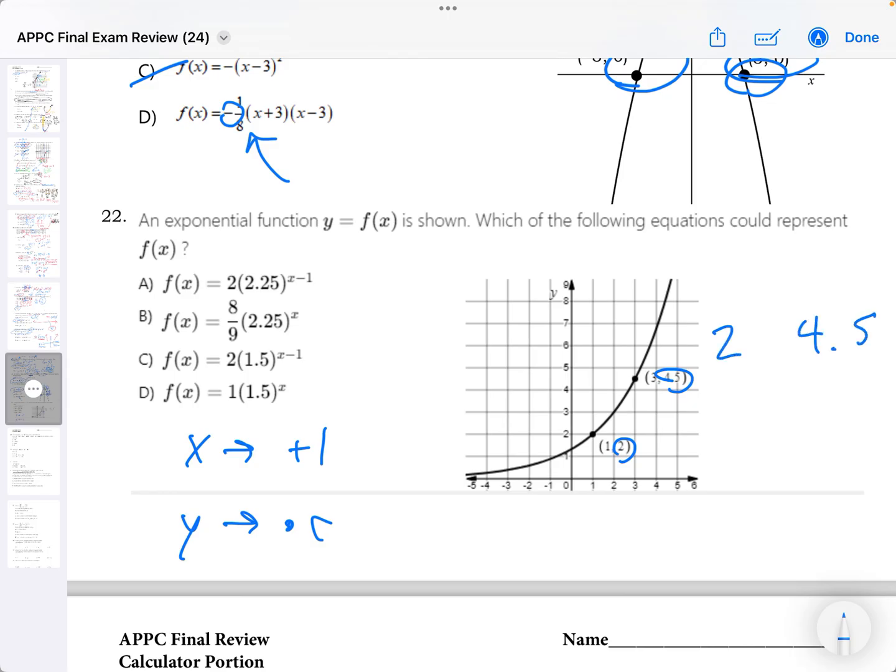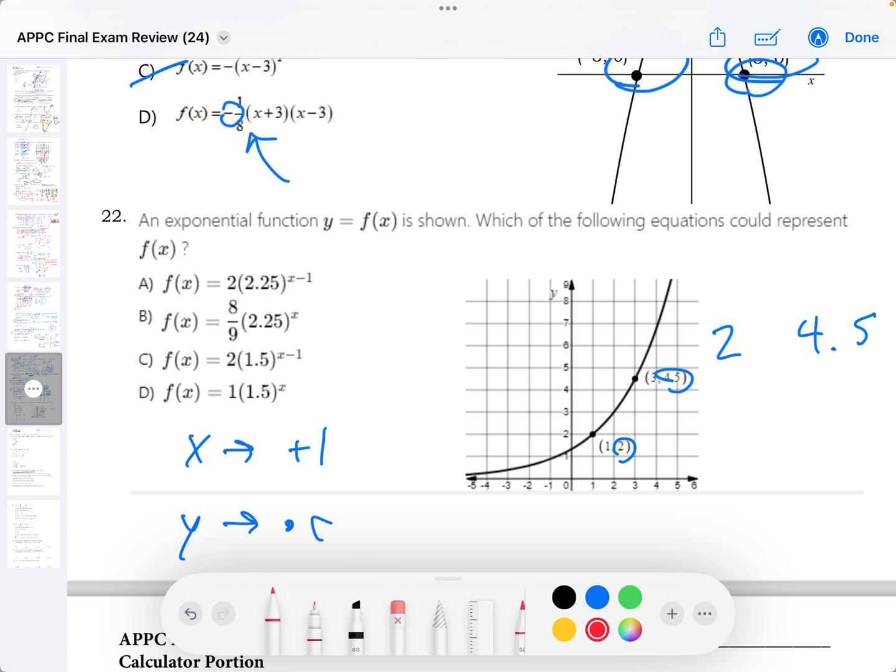The important thing to watch out for, though, is that these are not consecutive x values. I was at 1 and I went to 3. So I did not just go 2 times the ratio to get to that value. I went ratio 1 time to get to the value at 2, 3, and then 1 more time to get to the next one. So therefore I went ratio times ratio, or ratio squared, in which case if I work this backwards,